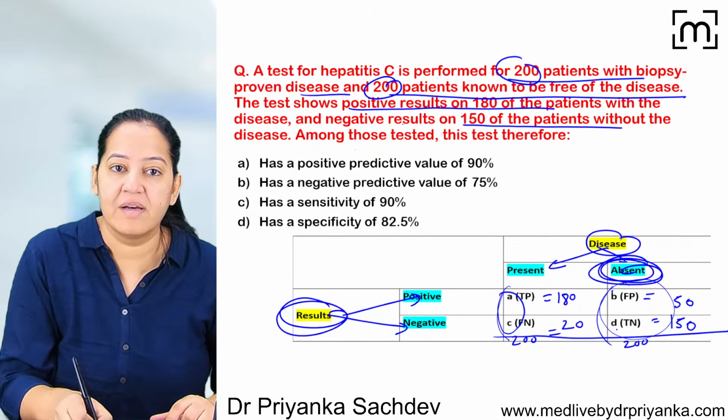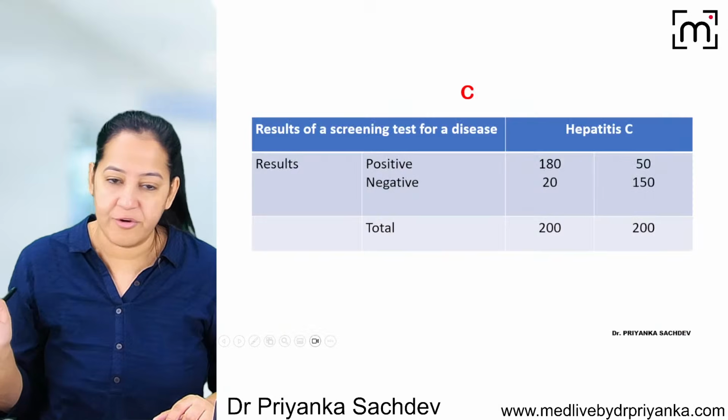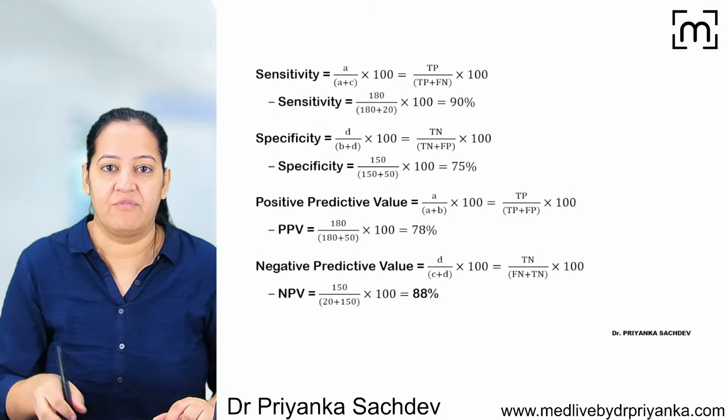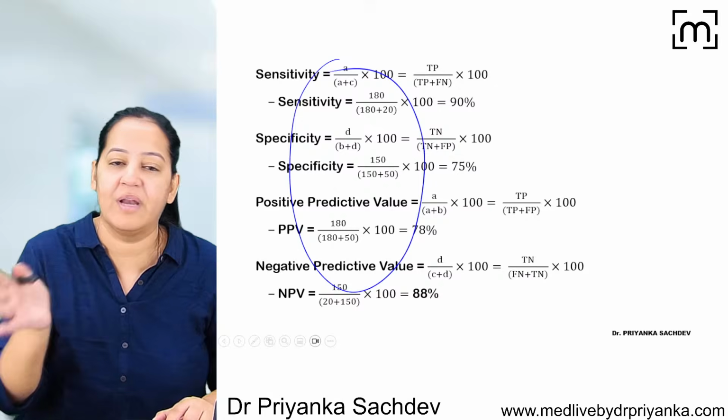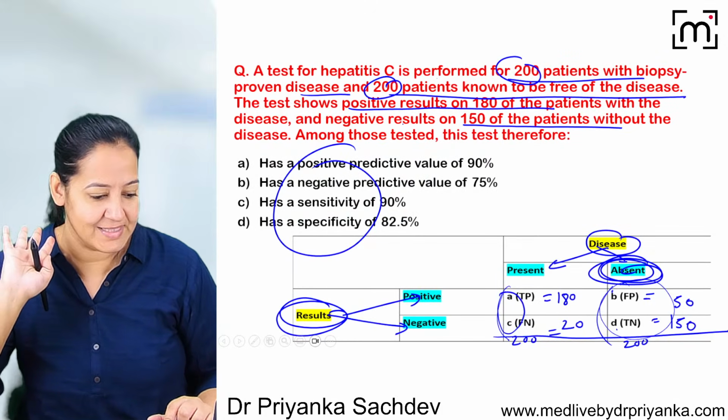You know the 4 formulas. You put the values. It is not a mathematics class, so I am not at all interested in the calculations. You are done with ABCD value. That is more than sufficient for me. Now you can put your values and calculate which one is correct. You know the 4 formulas. I hope everyone knows the 4 formulas. Say yes, give me a thumbs up.